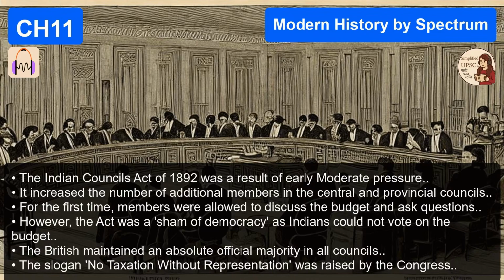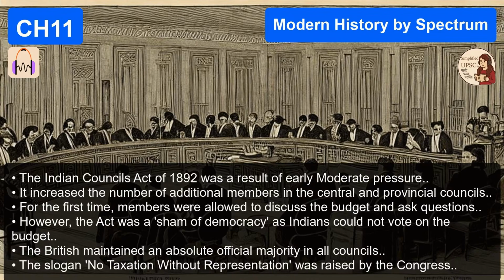They did. They actively encouraged and sponsored reactionary elements. For instance, they heavily supported Sir Syed Ahmad Khan and Raja Shiva Prasad of Benares to start the United Indian Patriotic Association, just to counter the influence of the Congress. Precisely. The most powerful empire on earth doesn't expend that kind of political capital fighting an organization that isn't a fundamental threat to its existence. That is the ultimate validation of the moderate phase.